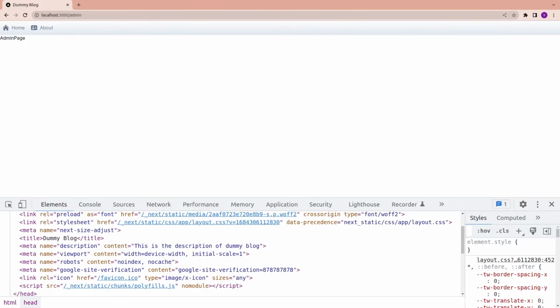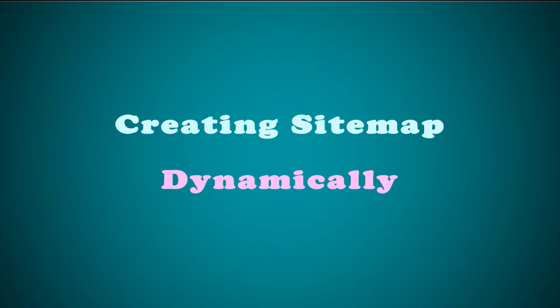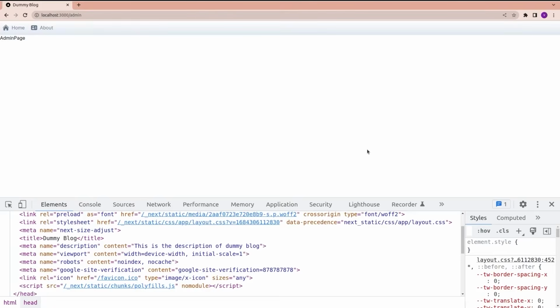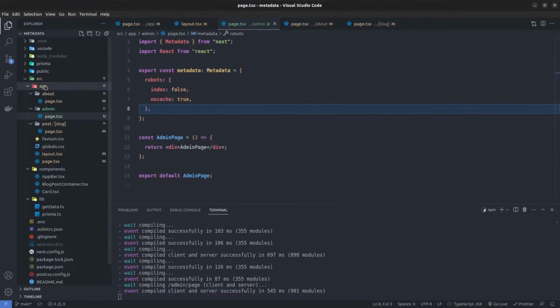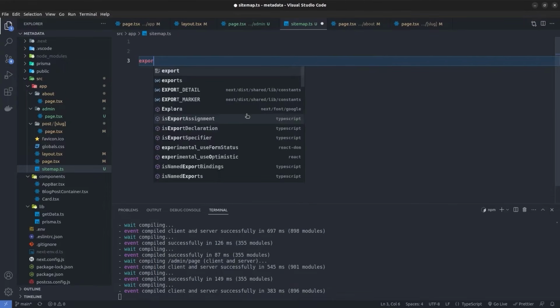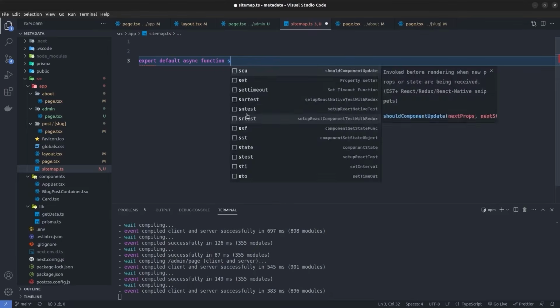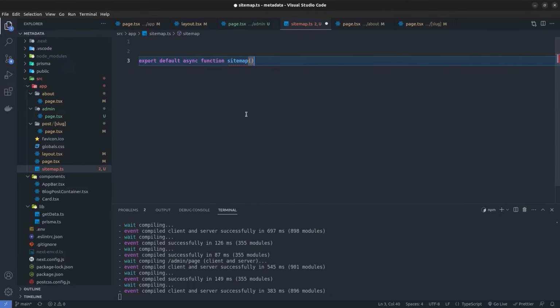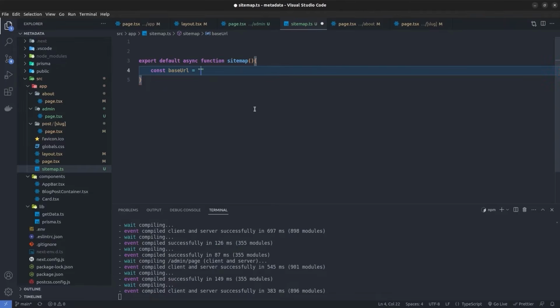And the next thing I want to talk about is how to create the sitemap for our web application. So in order to do that, I go back to VS Code, and inside the app directory, I'm going to create a file called sitemap.txt. And then inside it, I'm going to export an async function called sitemap. And note that we have to export default this function. And inside it, I'm going to define our base URL. So I'm going to say const baseUrl and set it to the base URL of our website. So in my case, it's going to be